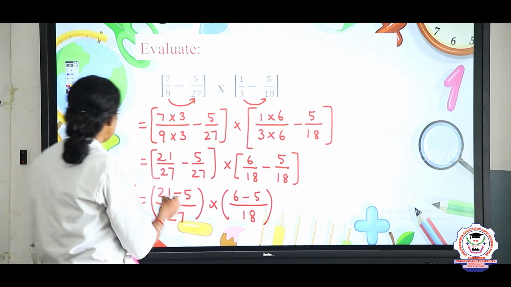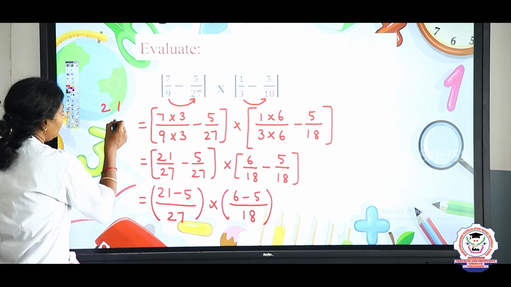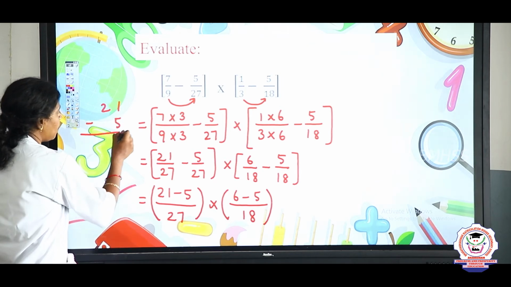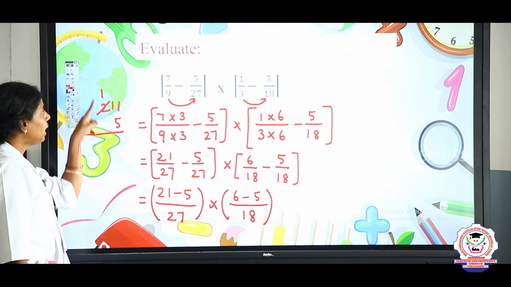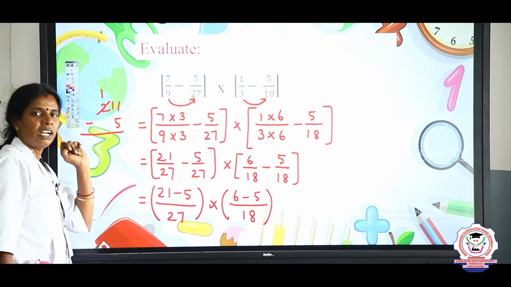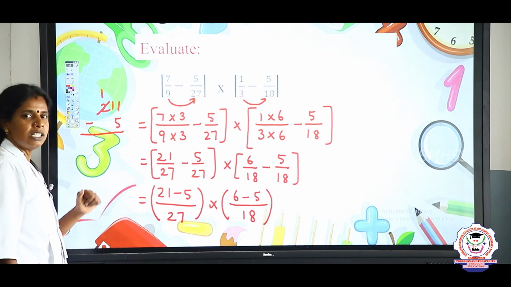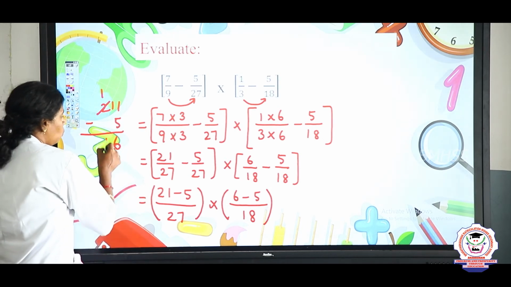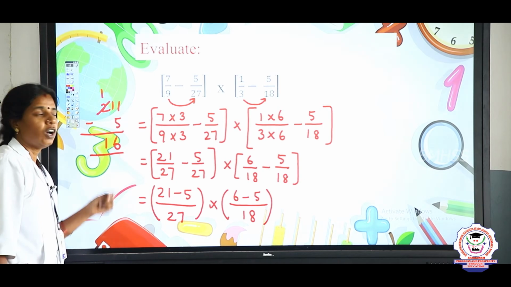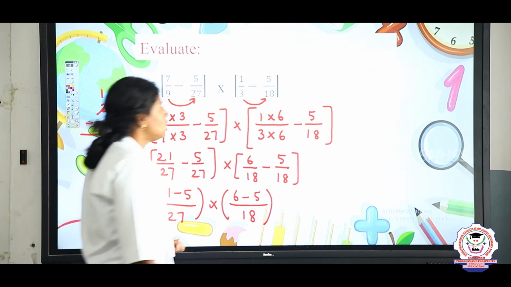What is 21 minus 5? 21, 5 we need to subtract. Borrow from this 2. So, 2 will become 1 and here 1 is 11. 11 minus 5. What is 11 minus 5? 6 and 1 will be the same. So, the answer is 16. So, the next step is